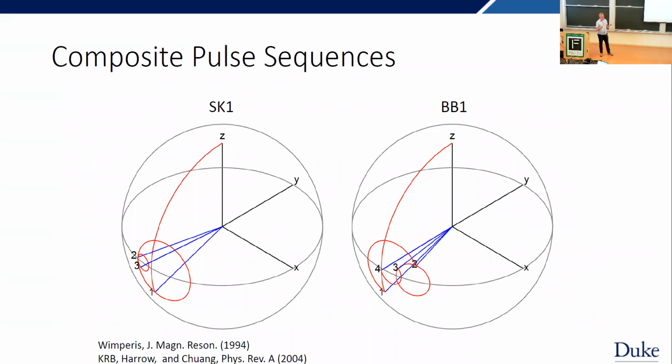What's nice is that there's a way to get rid of this kind of over-rotation error based on composite pulses. If you don't know about this sequence, you should look it up, BB1, which Wimperis invented in 1994. In 2004, Aram and I, working with Ike, came up with arbitrarily accurate ones. The only ones that I ever use are SK1 and BB1. BB1 is where you want everything to work regardless of how much intensity is there. SK1 is where you want the thing you're aiming at to work, but its neighbors to be suppressed. So it's kind of a passband pulse.